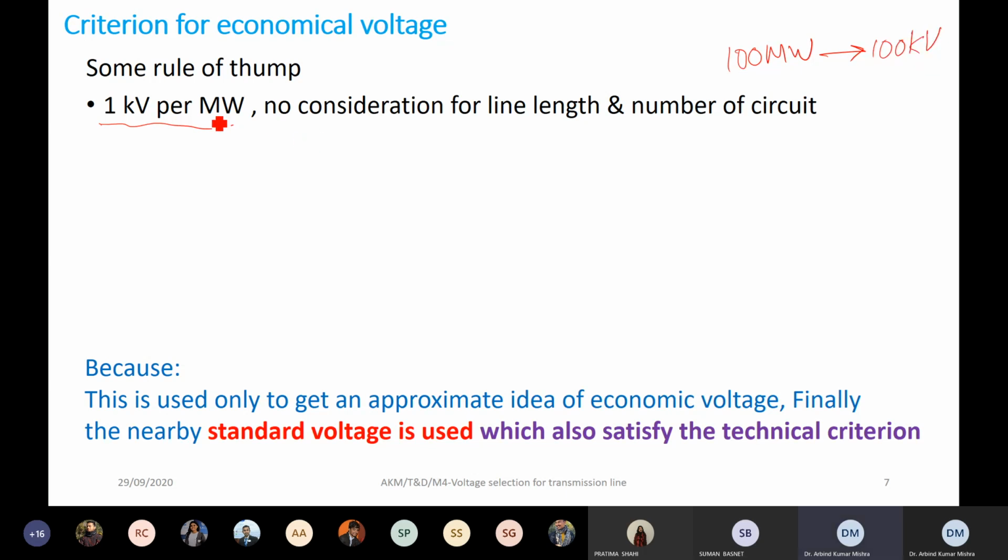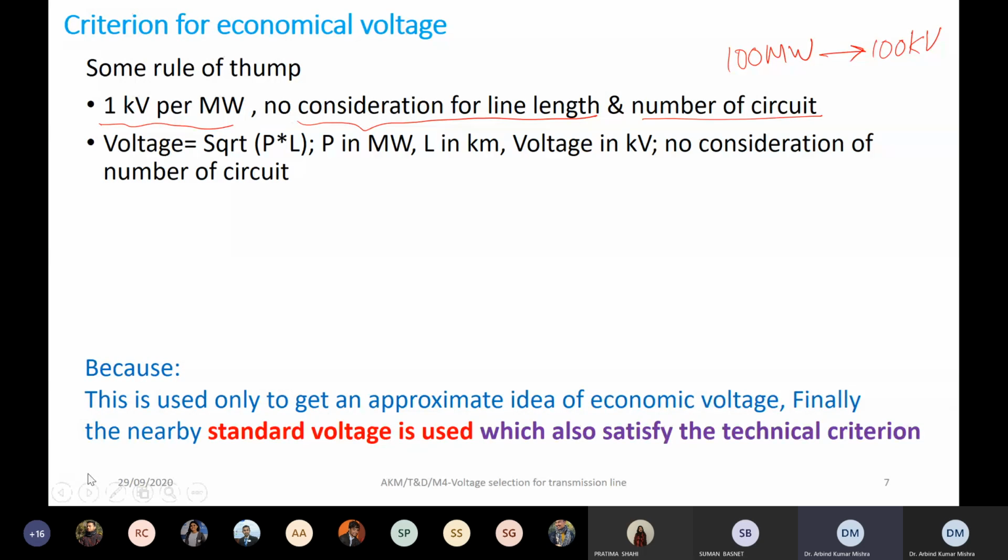But this method lacks consideration of the line length and number of circuits. But I will tell you that even this rule of thumb is very indicative. You can get the idea just a few minutes later. Then the second method, which is also popular with some utilities: since the first method has the drawback of not considering the line length and number of circuits, the second rule of thumb says that yes, we consider the line length also, and